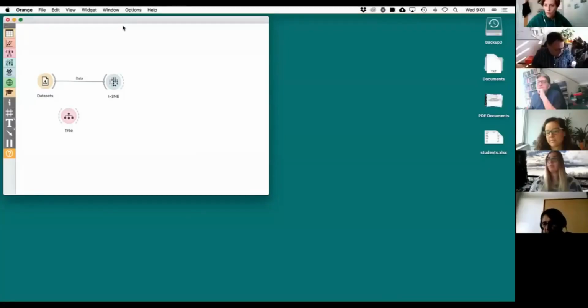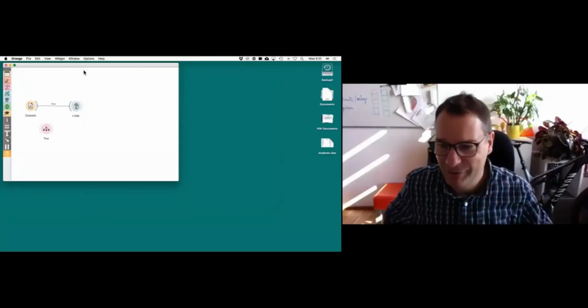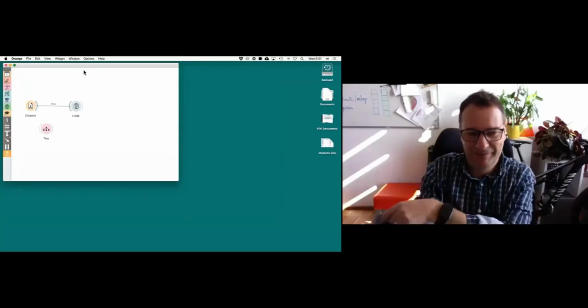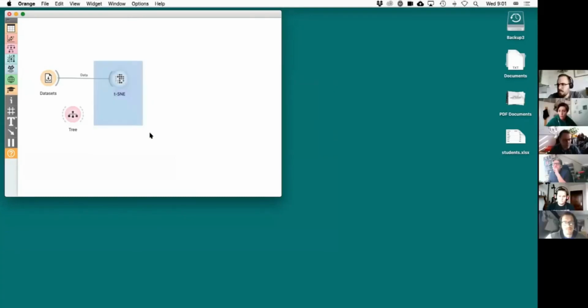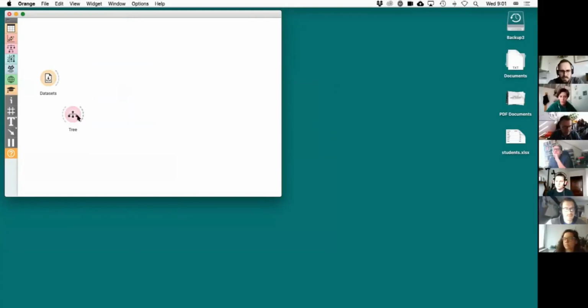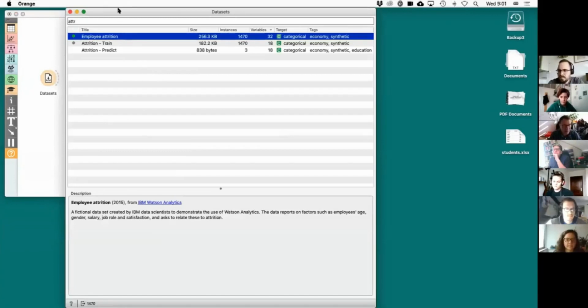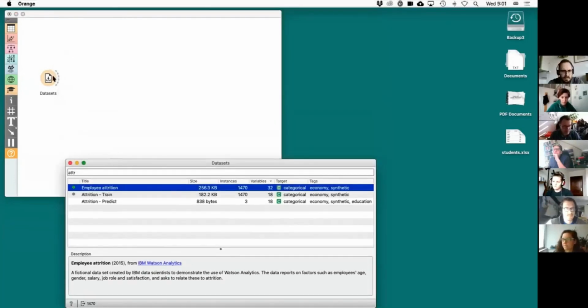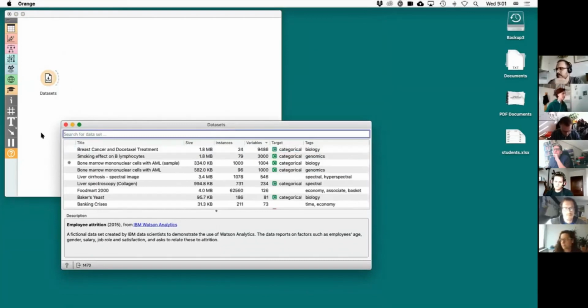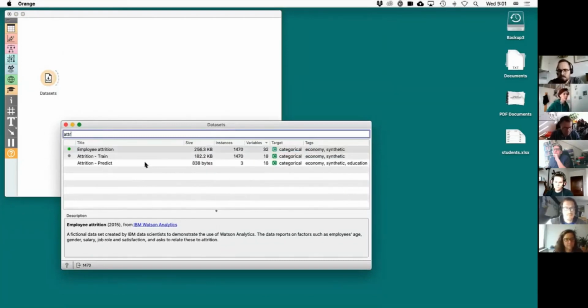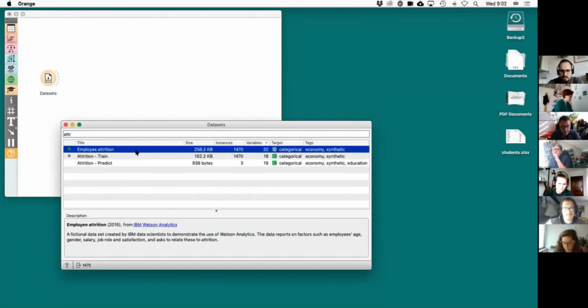Probably the most conceptually difficult part is going to be now. I'd like to show you something that is kind of tricky, so pay attention. First of all, I choose a data set that has a higher number of features. There's a widget called Datasets, and there are a number of data sets here, but I'm going to pick the one, again, apologies, maybe not related to your work, but perhaps interesting.